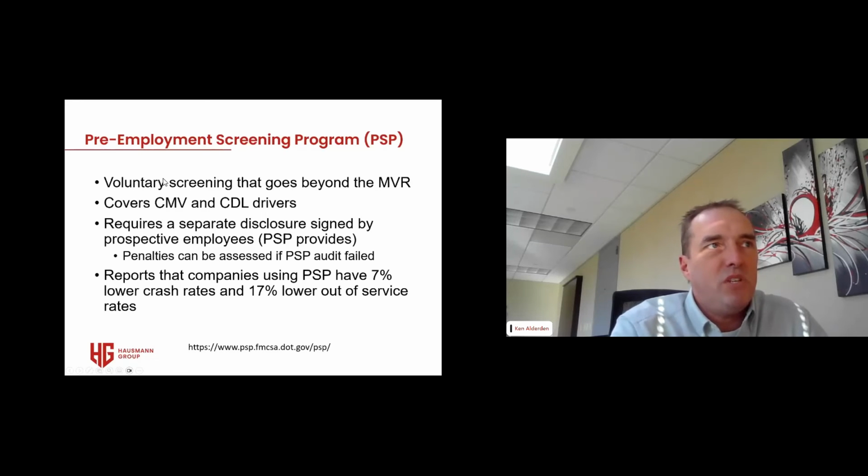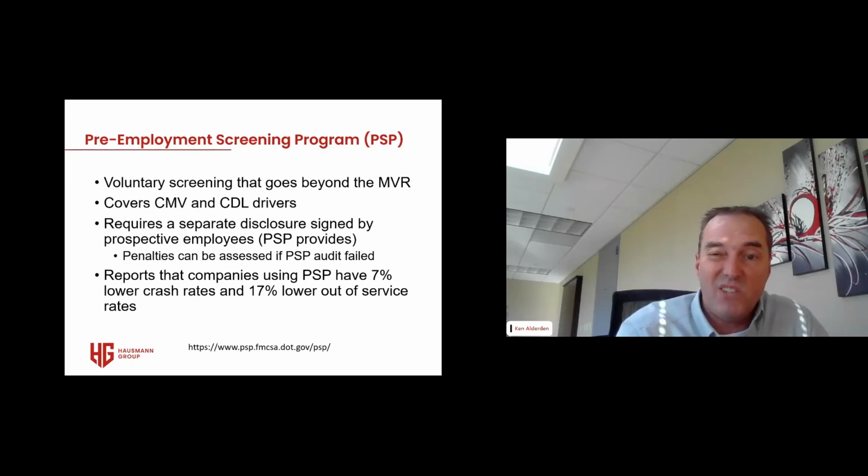One of the other programs that I mentioned in the beginning is the Pre-Employment Screening Program, PSP. PSP was created about 10 or 15 years ago already. It's been a few years. It's essentially a voluntary screening that goes beyond the MVR. For those of you that have checked your safety management scores for your DOT number, you see some of the violations that are listed there that don't show up on an MVR. Load securement, logbook violations, certain vehicle violations, they may not show up on an MVR when you pull the driving records. The PSP program is a national program that checks how somebody